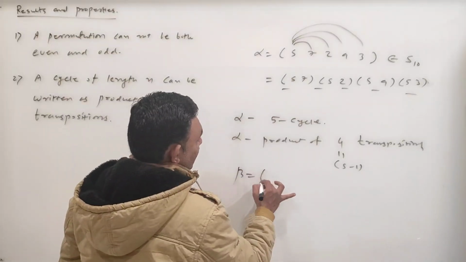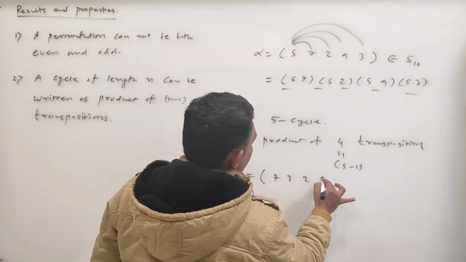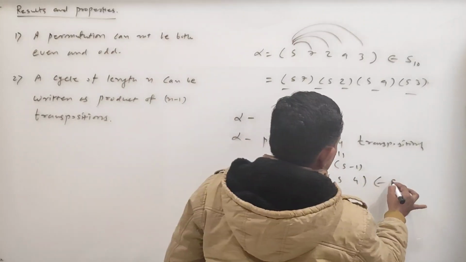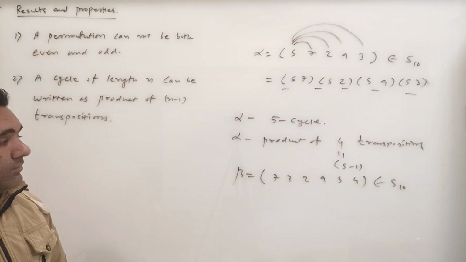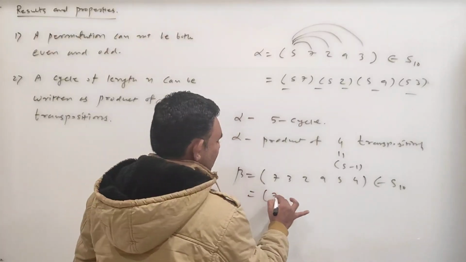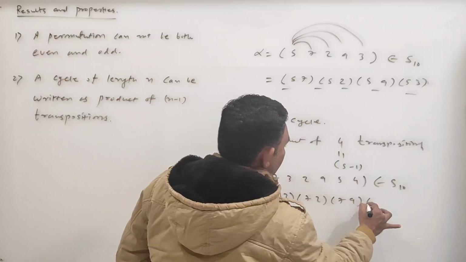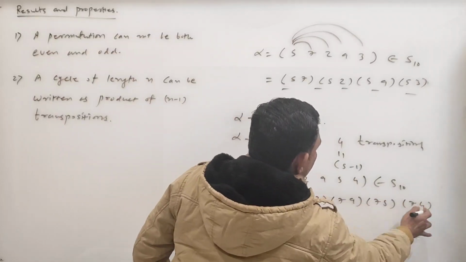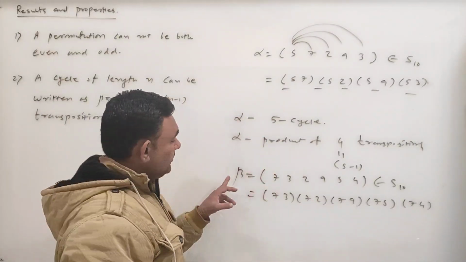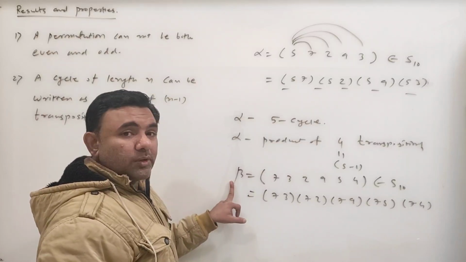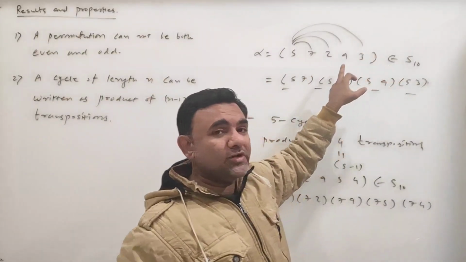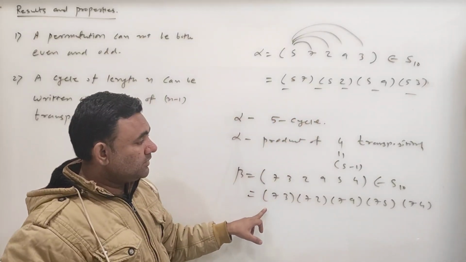ऐसा भी हो सकता था, say beta is say 73295, again it is an element of S10. So it is also a cycle of length 6. लेकिन I can write beta as 73 72 79 75 74, which is a product of 5 transposition. तो बीटा क्या हो गया, odd permutation, और यहाँ पे अल्फा even permutation. तो उसकी लेंथ ओड है लेकिन परम्यूटेशन इवन है. यहाँ पर लेंथ इवन है लेकिन परम्यूटेशन ओड है. So